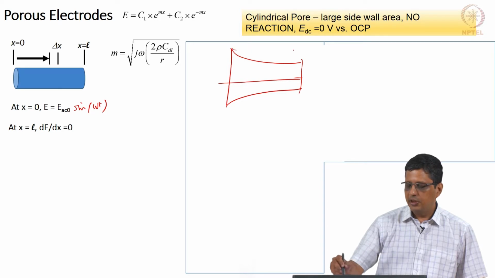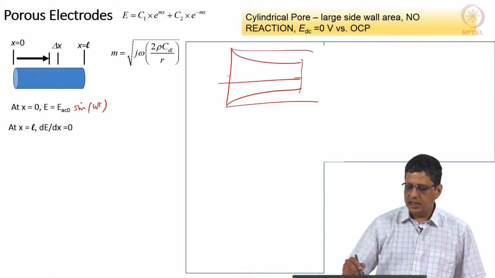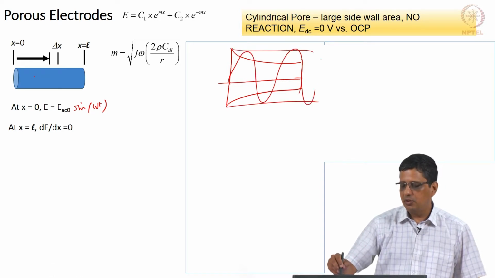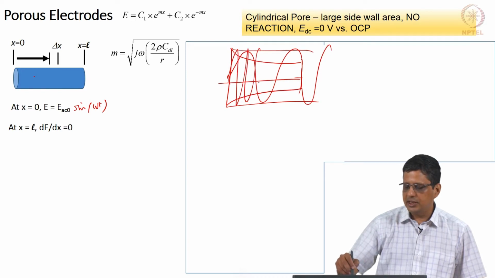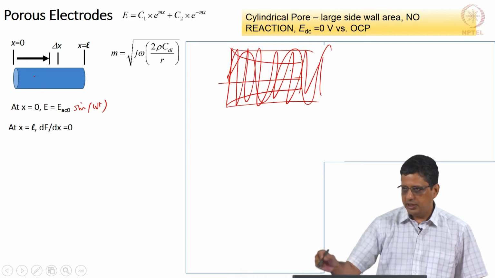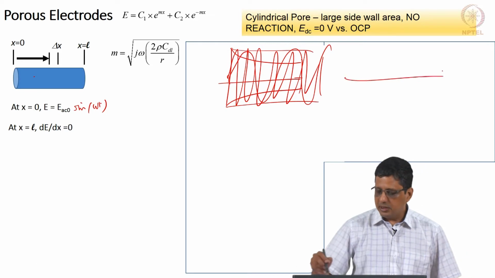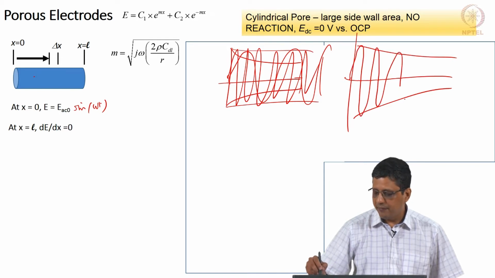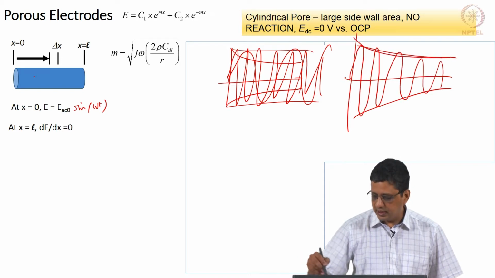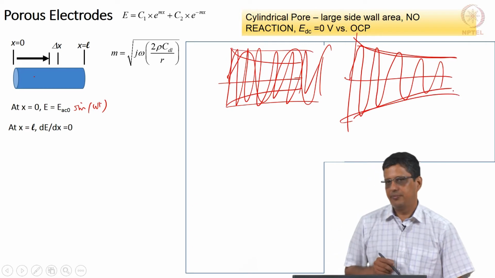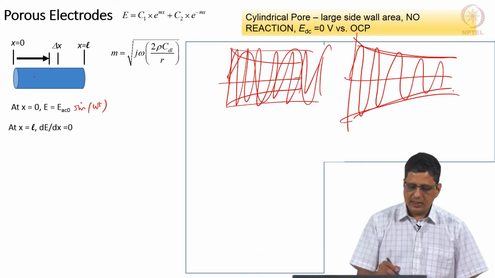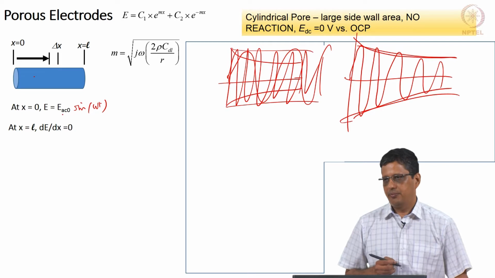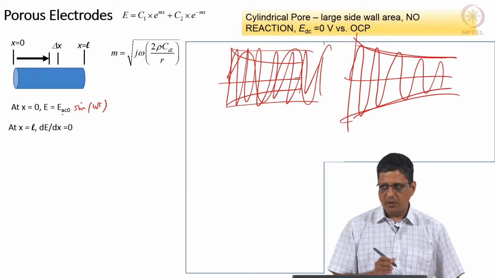If I do not have any resistance here, it is just going to be a sinusoidal wave throughout, whether it is high frequency or low frequency, it does not matter. This is going to be the envelope. Because the solution has resistance, it is going to be a sinusoidal wave, but bounded by an envelope which is decreasing with respect to distance. So here I am going to just say E equal to E AC 0, remembering it is part of an AC wave.